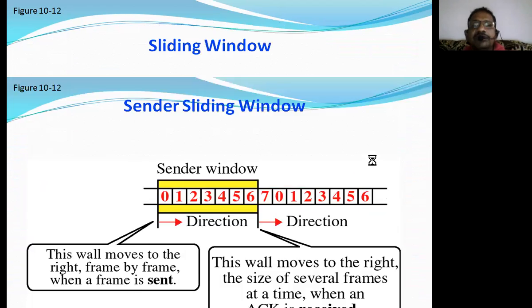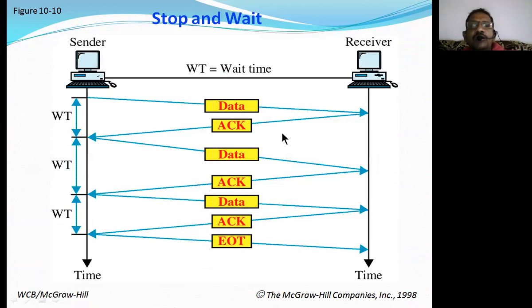Now the same data frames you can use here, like how we have used data frames. Here we are going to use only one data frame, but in the examination we explain the same sliding window concept by using the vertical time axis. Instead of a single data chunk, you provide all data chunks, maybe 7, 6, 4, 5 data chunks. So you provide all the data chunks for transmission. This is the difference we're going to have in the explanation of the sliding window concept.